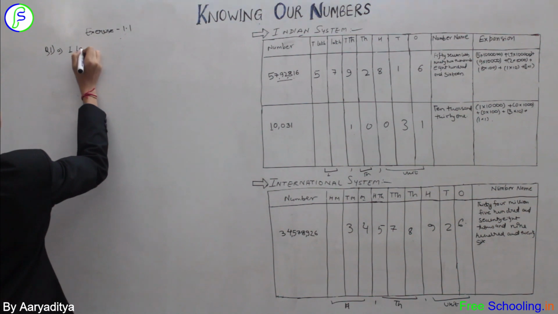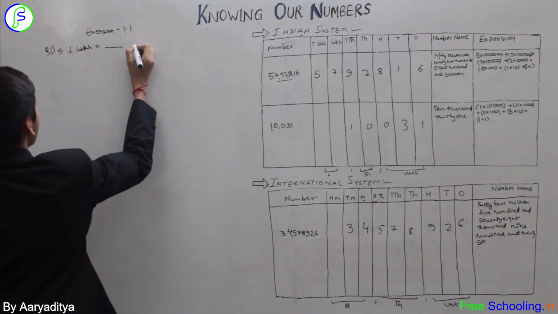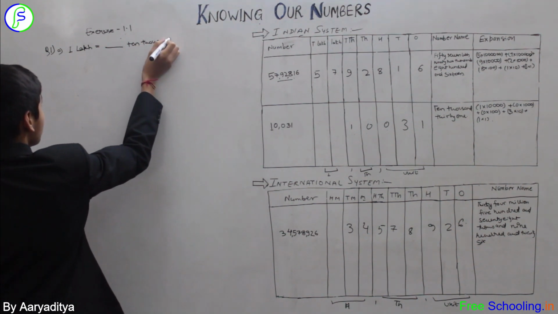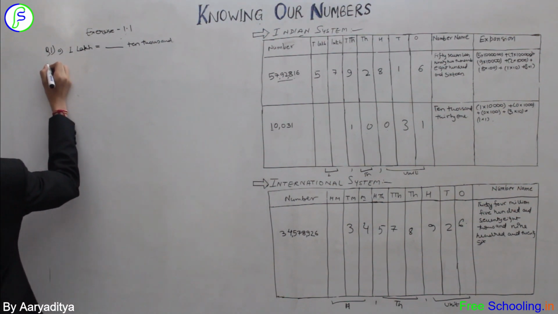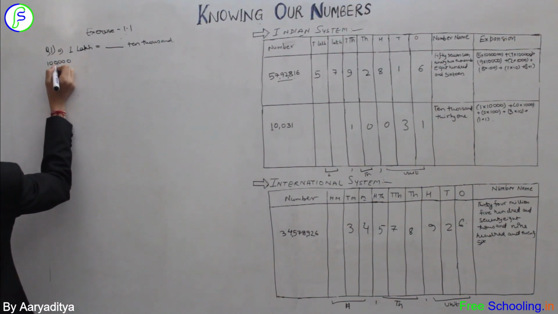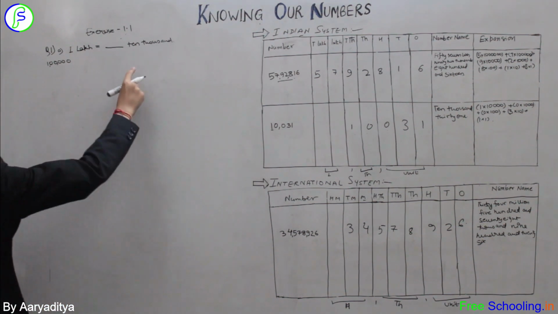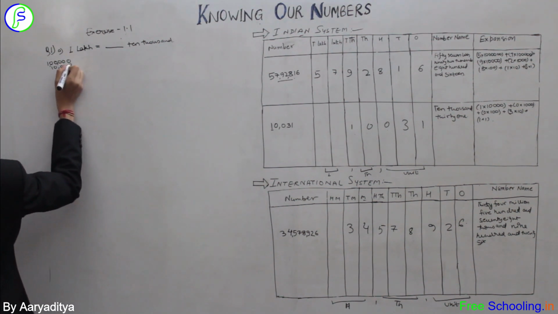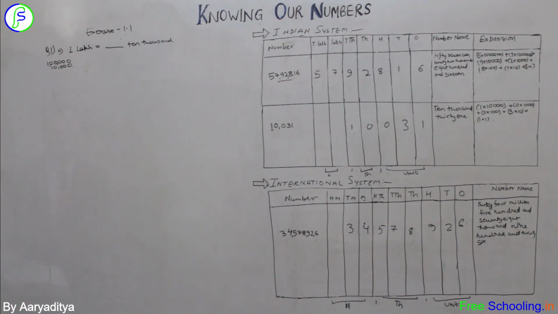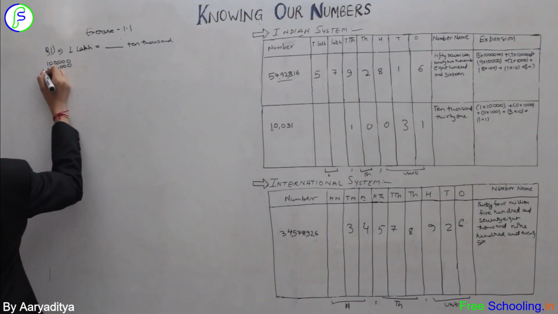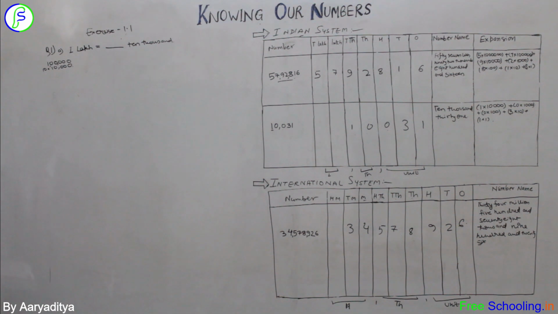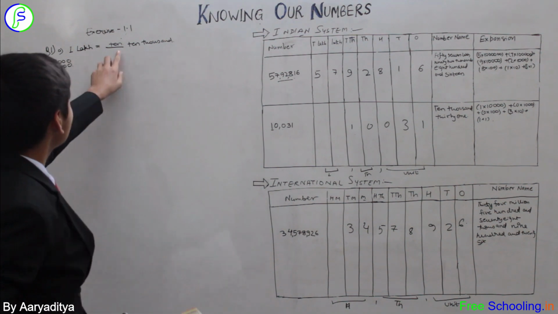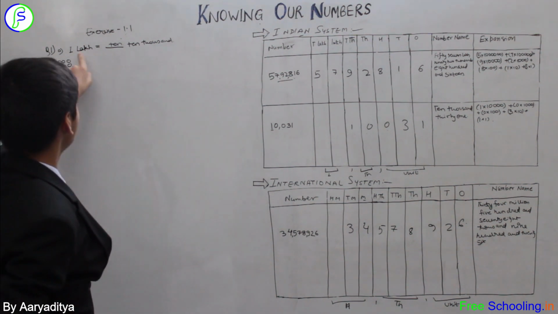We are given that 1 lakh is equal to dash 10,000. Let us make a numeral of 1 lakh, and let us write the numeral just below 1 lakh of 10,000. It would be like this. Now what do we get to see here? We get to see that if we multiply 10 to 10,000, we would be getting 1 lakh. So 10 would be the right answer because 10 into 10 is 100 and 100 into 1000 is equal to 1 lakh.